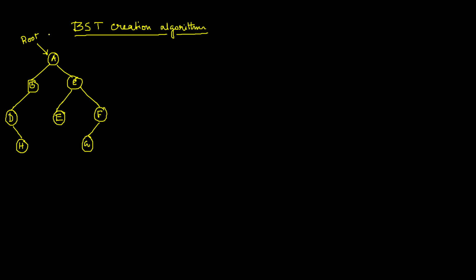So let's do one thing. Let's first write the part, at least the basic set of statements that we can have in a main function in this situation. So let's do one thing. So suppose we have a main, and obviously the structure declaration for the tree will be there.